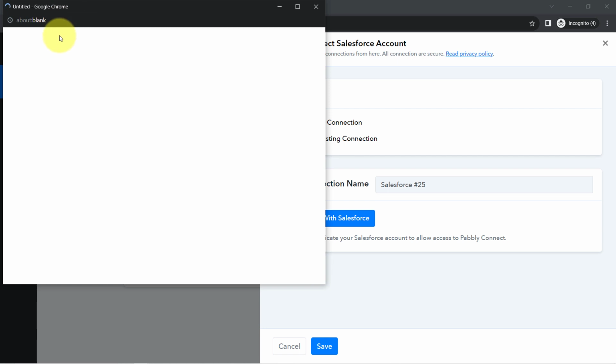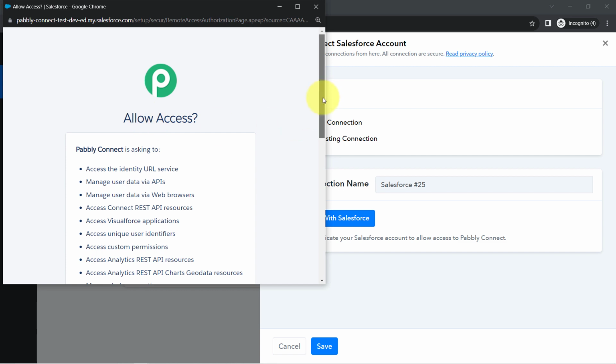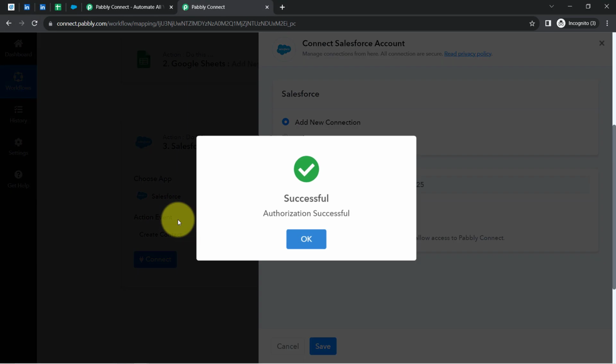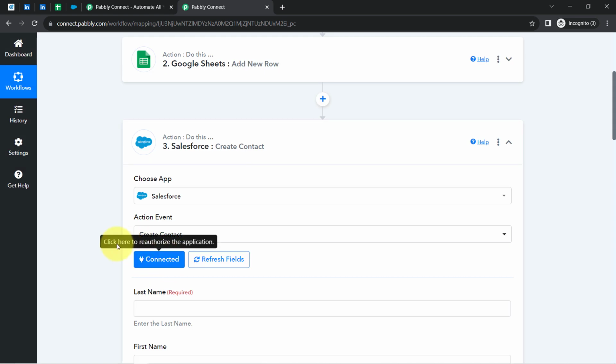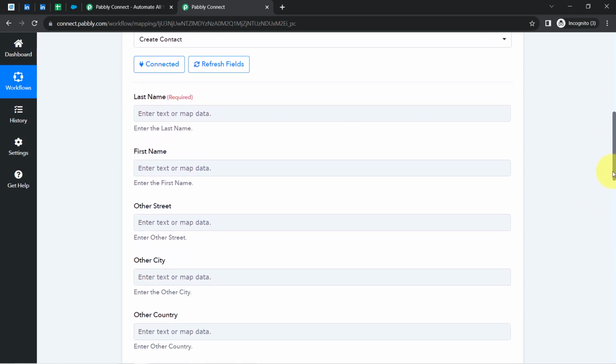my Salesforce account, so this will detect my access automatically, and now finally it is asking for the access. So clicking on allow, and in this way the authorization will be successful and my Salesforce account will be immediately connected with the Pabbly Connect. Okay, so you can notice it is connected, and once again I am going to map the details in these